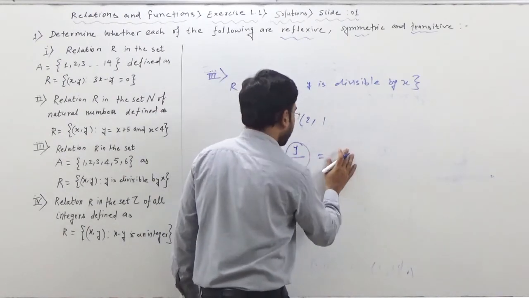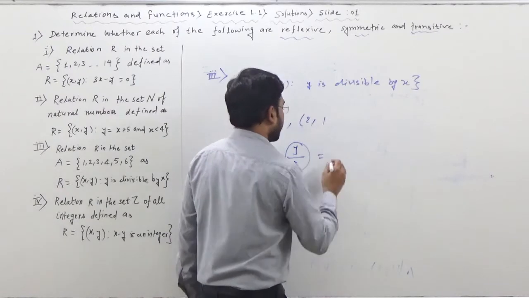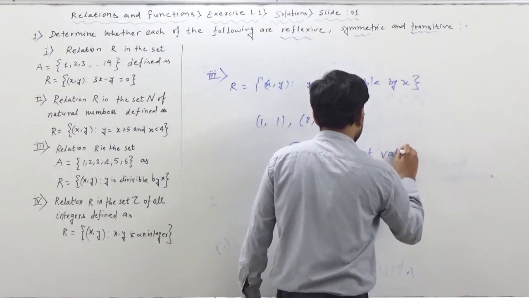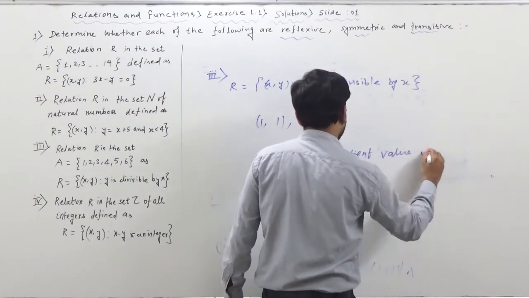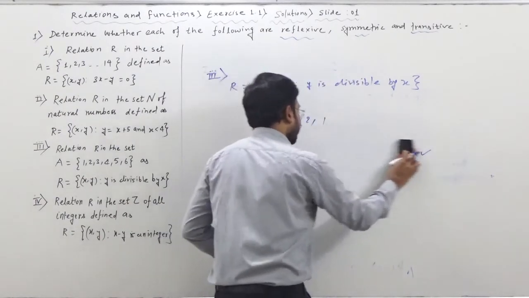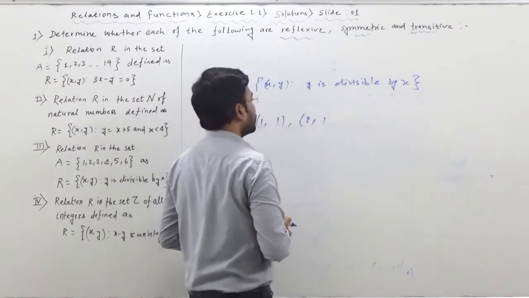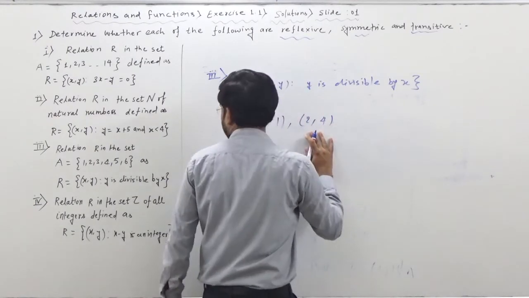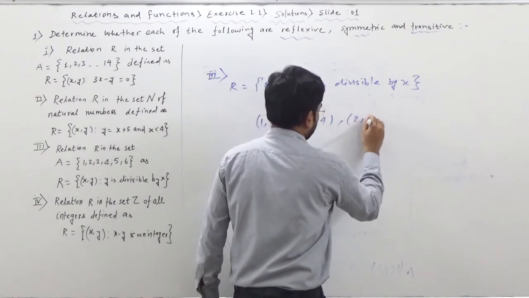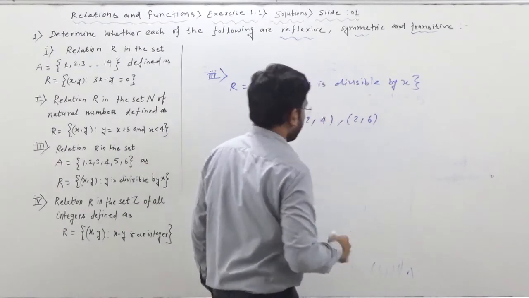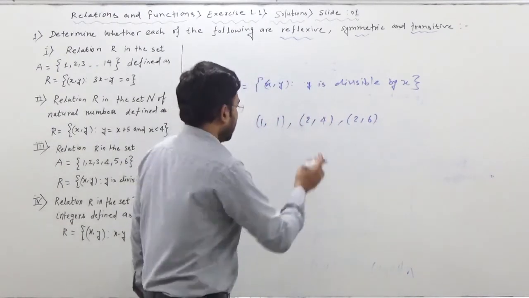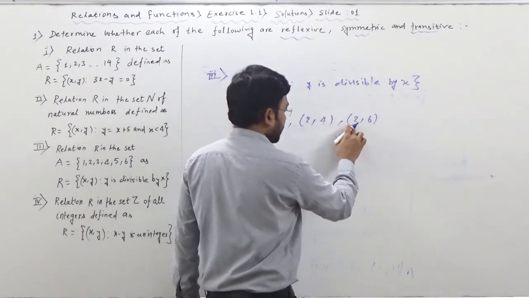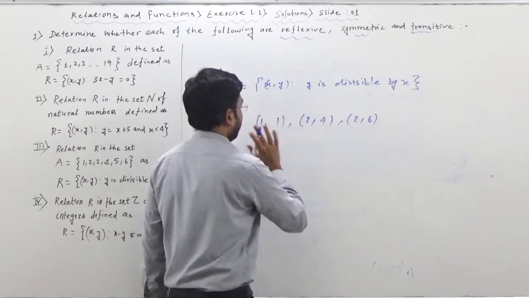It needs to give some quotient value. It should not leave any remainder, only the quotient needs to be there. So how is it possible when we keep 4, or even 6? So (2, 6) also is possible. Yes or no? Because that is divisible. 4 is divisible by 2, yes. And 6 is divisible by 2, yes. So we can keep it this way.